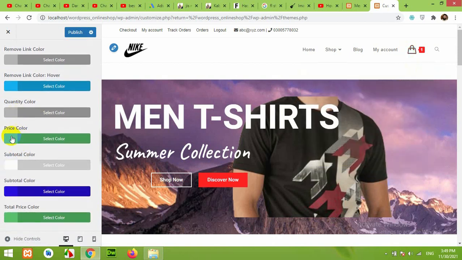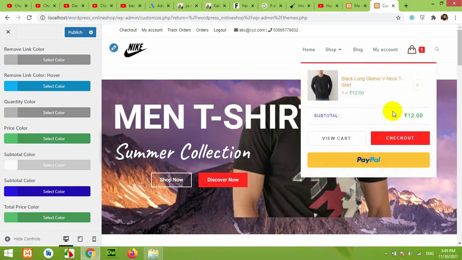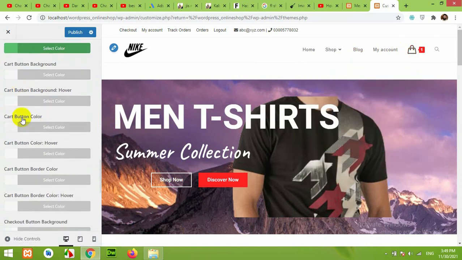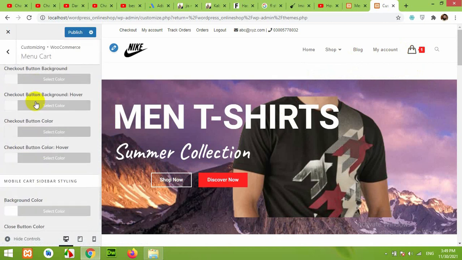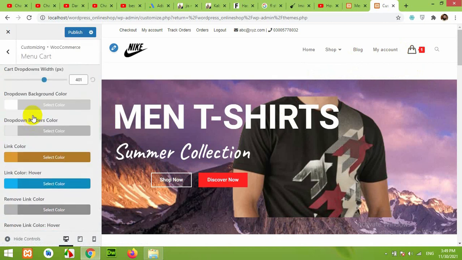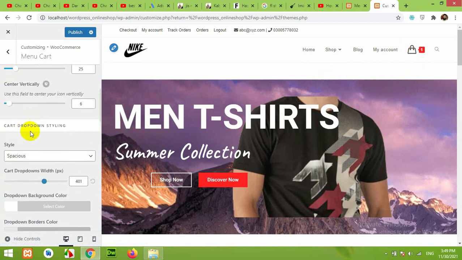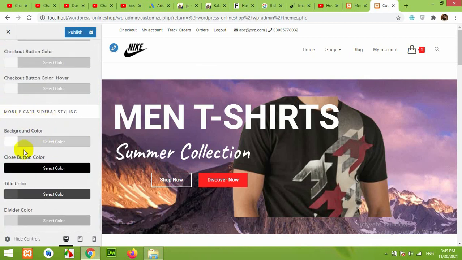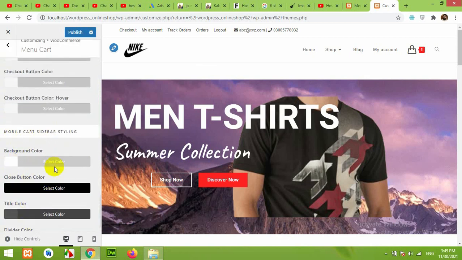Quantity color, price color is green here, and here is also. So the total price, all these types of changes you can make to the cart drop down style. Now on mobile you can also change these colors.